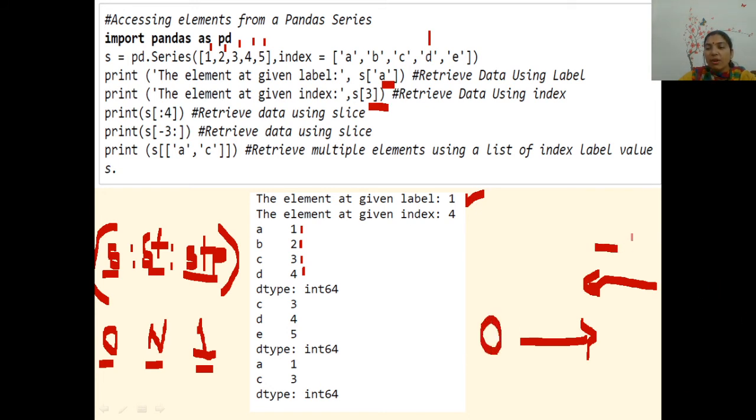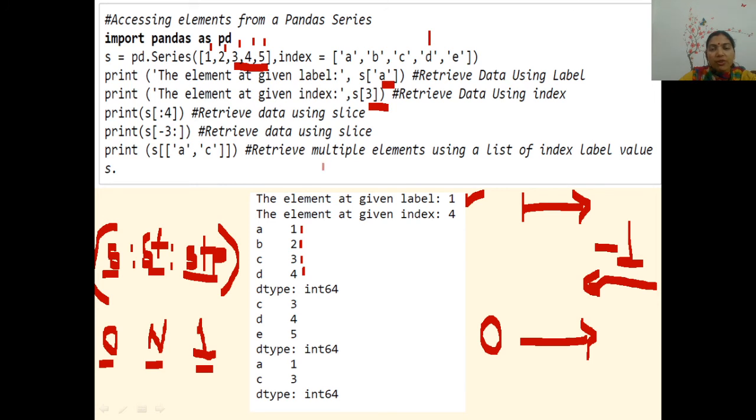From right, the counting starts from -1. So it says start from -3 up to end. Come to -3 first: -1, -2, -3, and it gives you everything from -3 up to the end. Movement is always in the right direction. So it starts from -3 and contains 3, 4, 5 up to the end.